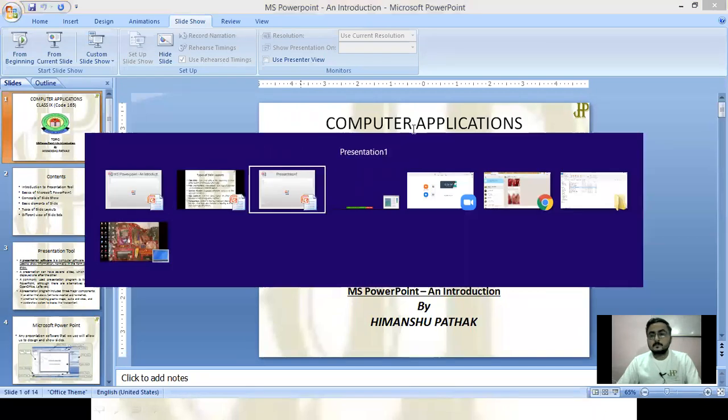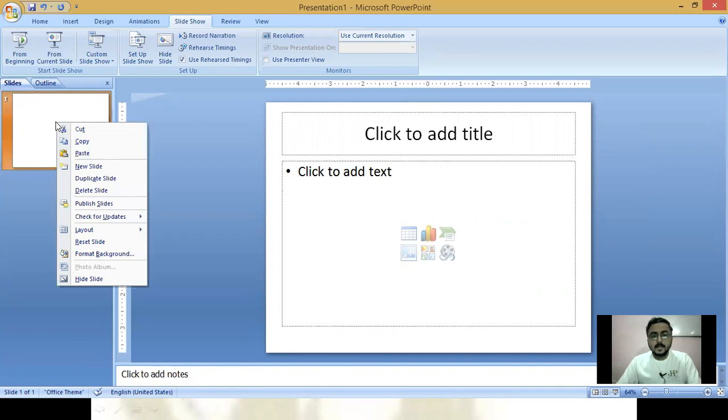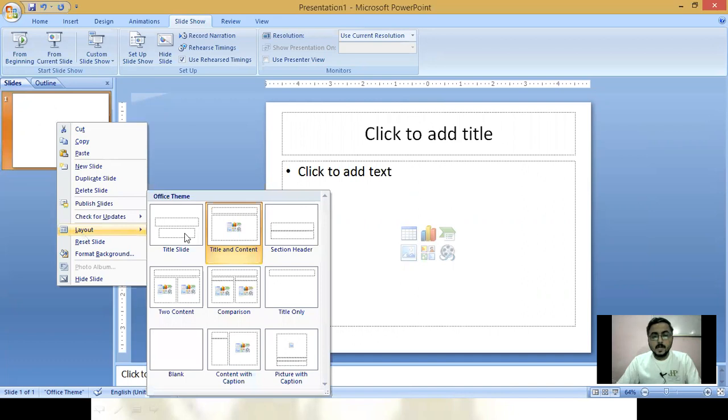But if you want to change, just go to the particular slide, right click, go to the layout and choose from the available layout themes. Okay.